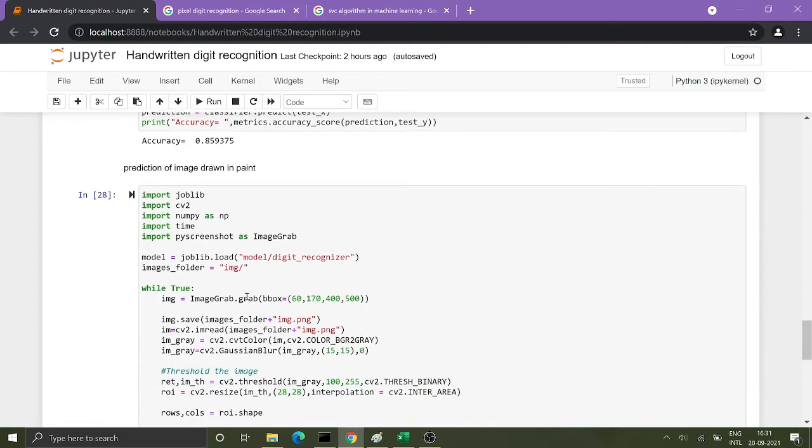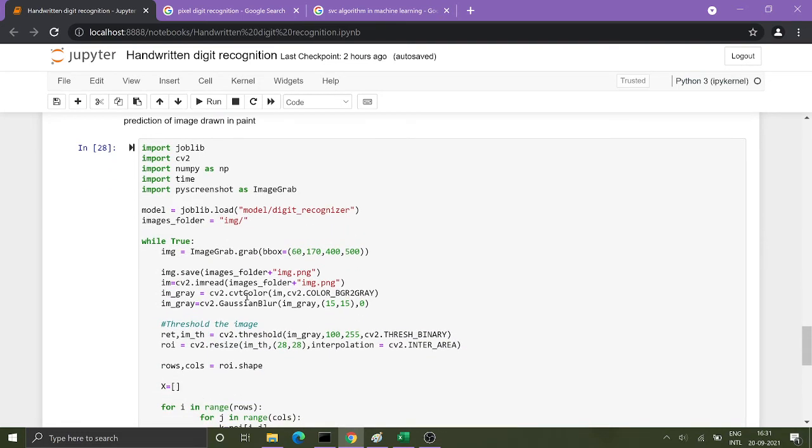Now we'll predict our drawn image. For that we'll import joblib, cv2, then numpy, and all these were explained earlier. Joblib is a library that makes our work easy with whatever path we give.